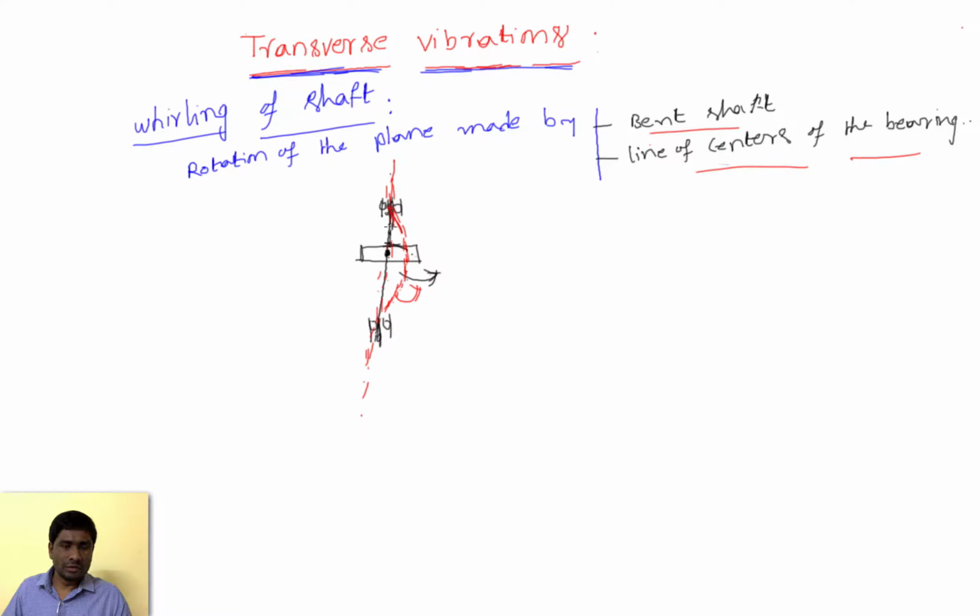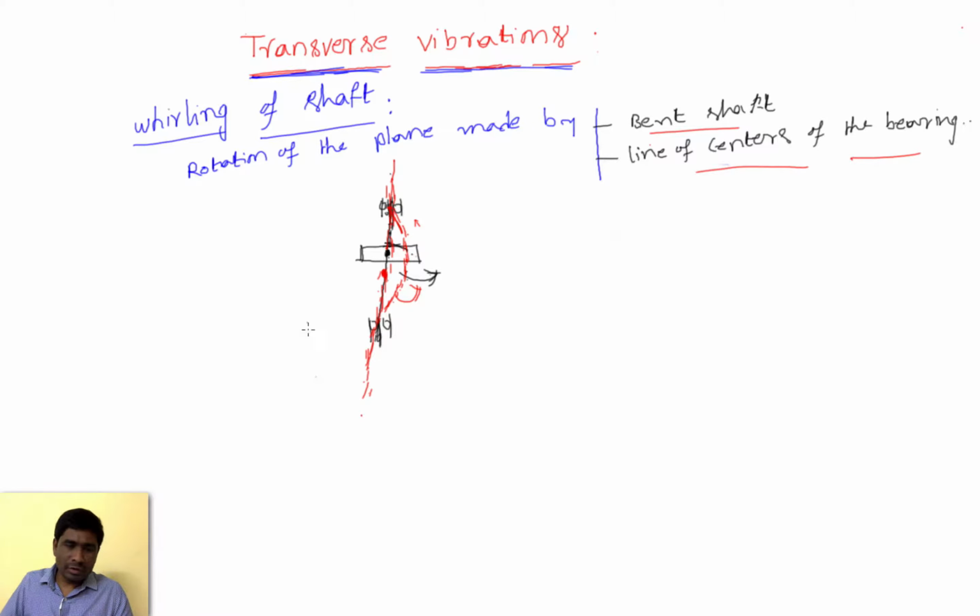So if I draw a plane passing through this line and this line, that is exactly our screen. Imagine that the screen is rotating. That means the bent shaft itself, considered as a body, is rotating about this original center-joining axis. The shaft is rotating, and the disc on the shaft is also rotating. It is something like the earth, rotating about its axis and also revolving around the sun. For clear understanding, I would like to show a video.